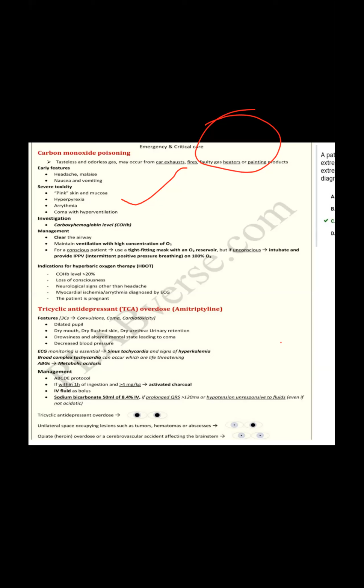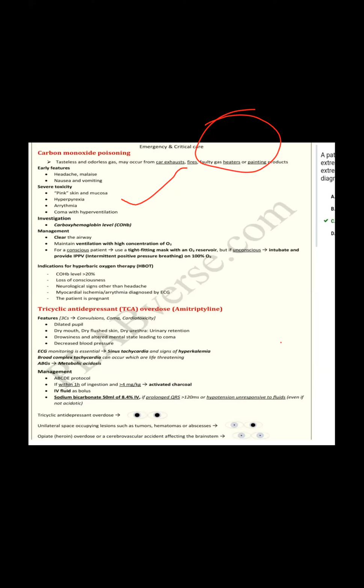Indication of hyperbaric oxygen, just remember only one point, because hyperbaric oxygen we give only if there is any neurological sign. Like the headache: a patient comes, saying, ma'am, I have severe headache, and you are getting the history which goes towards carbon monoxide poisoning, we have to give hyperbaric oxygen. If the patient has loss of consciousness, or you have done an ECG and there is arrhythmia due to carbon monoxide